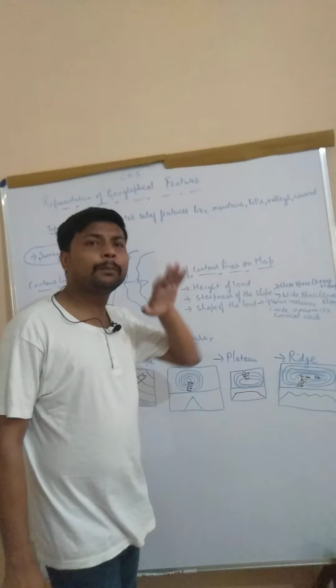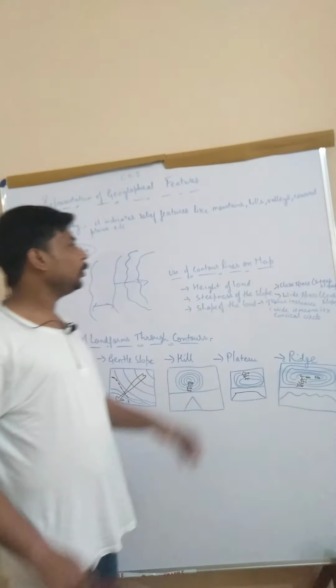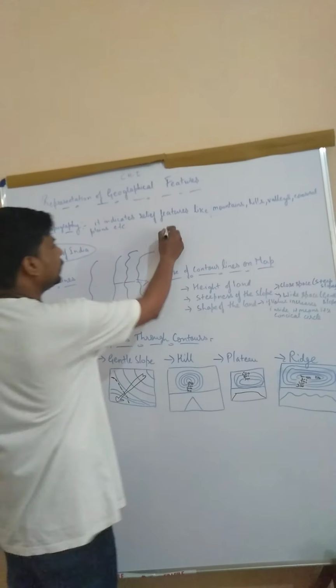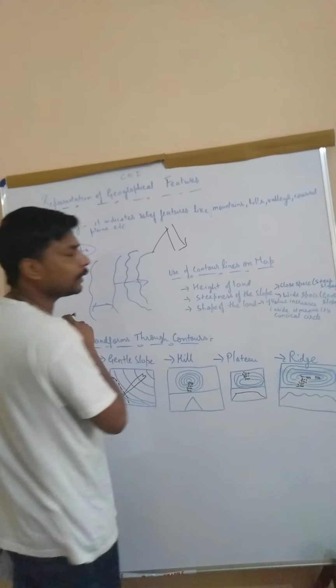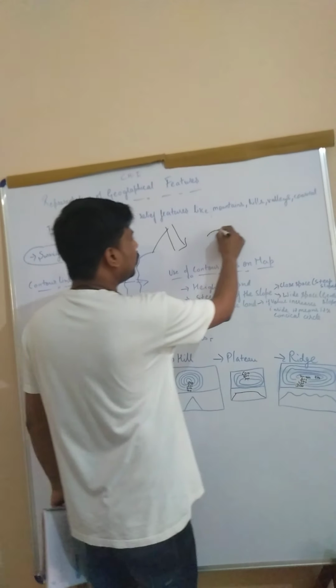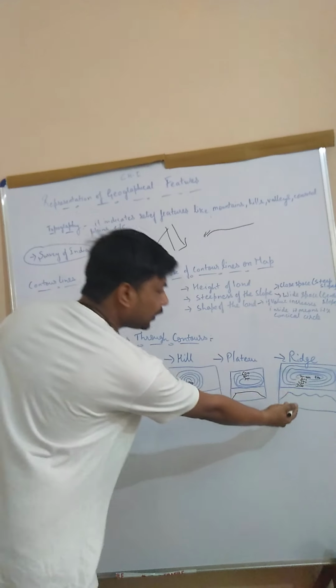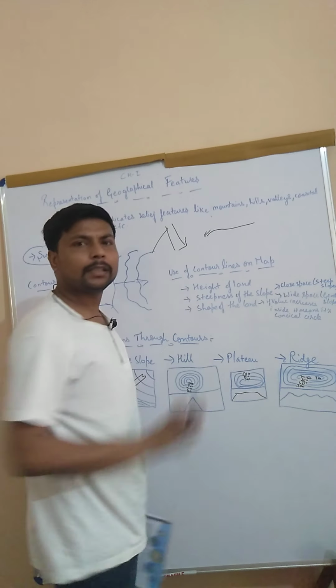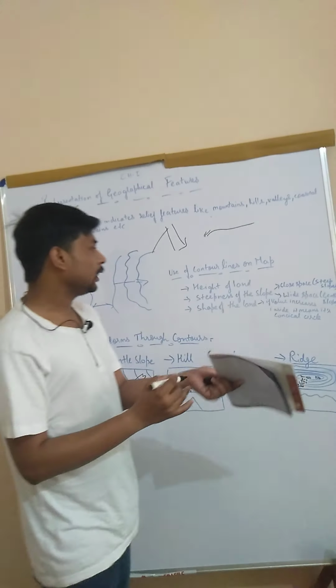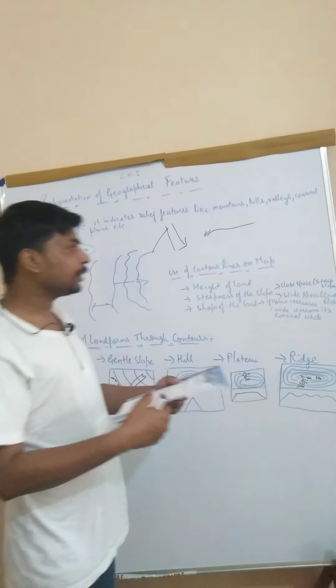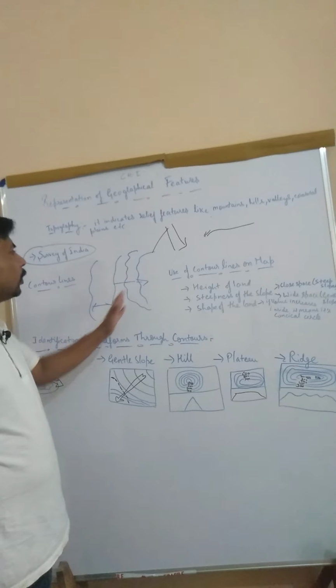And second is steepness. Like if you have seen a hill, there is a vast steepness there, right? If you talk about a normal plateau, there is a little bit of steepness there, and if you talk about a ridge, there is a bit of steepness there. So there are different steepnesses. If you see, there is a closed space between the contour lines.